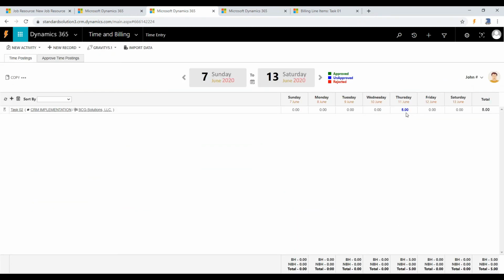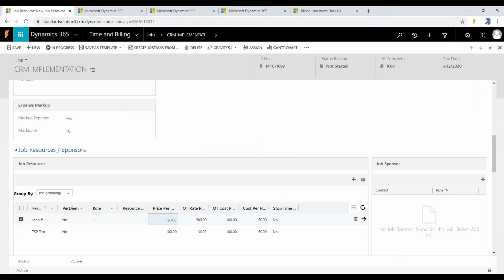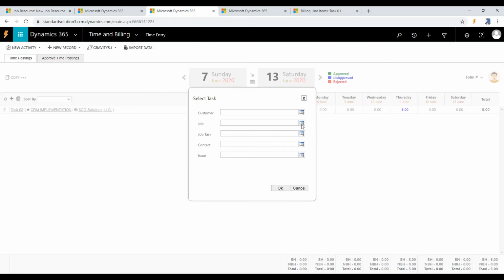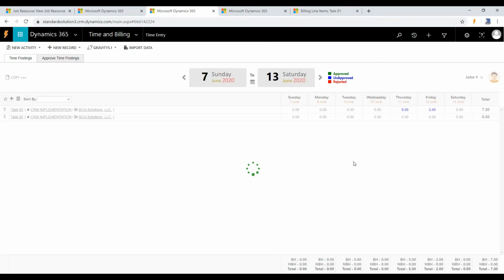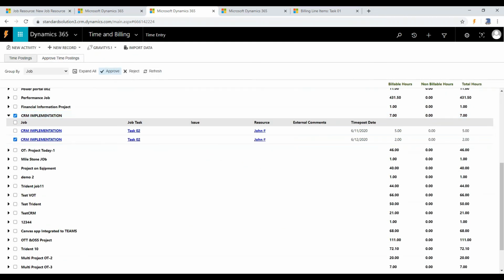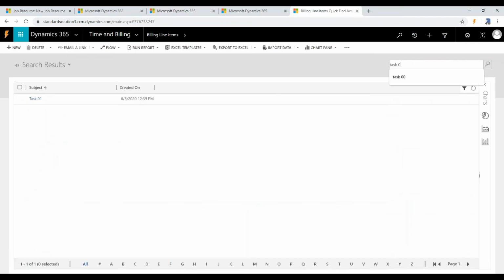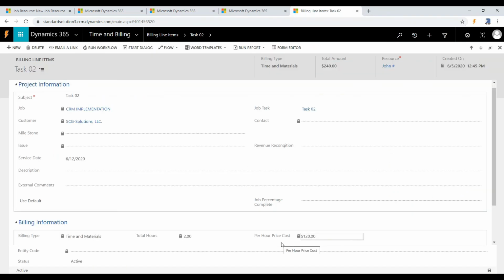Third scenario. Consider that the previous time posting was not approved. In this case, if a user changes the value of price per hour to $150 in the grid and does the time posting the next day for 2 hours, and once the time posting is approved, the billing line item would be generated based on the previous price per hour value only, that is 2 hours into $120.